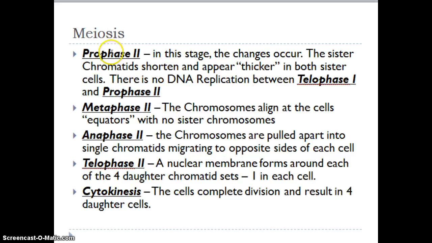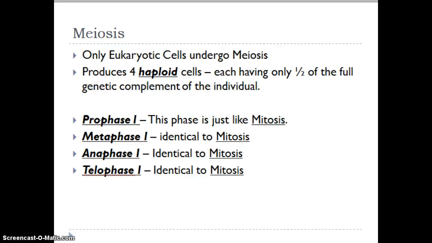Meiosis is in prophase, the stage that changes occur. So, as I said, meiosis is just like mitosis in that this phase, prophase 1, metaphase 1, anaphase 1, and telophase 1, are the same in both mitosis and meiosis. But in meiosis, instead of telophase going into interphase like mitosis and the DNA is replicated, in this case,